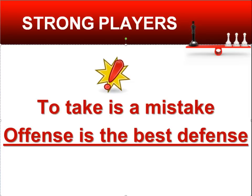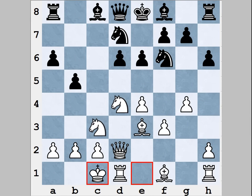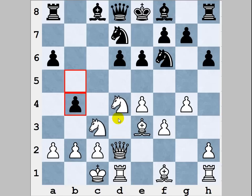It may sound simple, but this is a very powerful technique. And most players do not follow it. Actually, it's easy to explain it. Let's have a look at our example once again. Let's say you're playing white and the opponent just played b4. You know that you need to move your knight somewhere, and